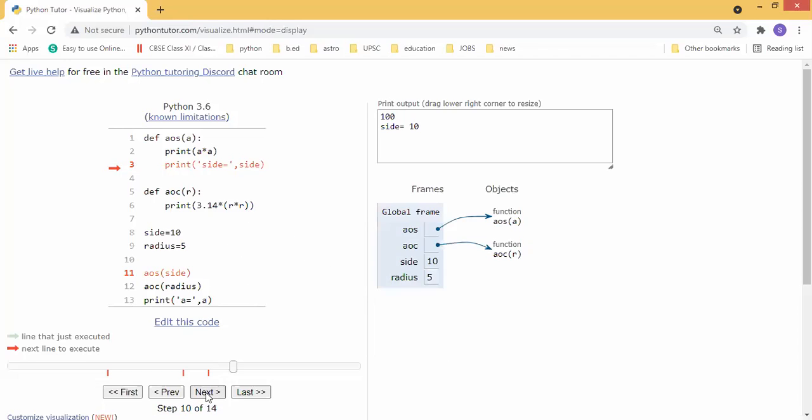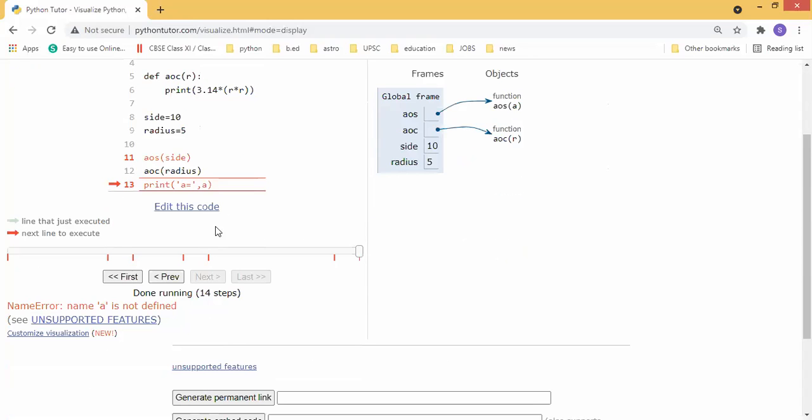Because it is a global scope, we can view it from anywhere. Next it will process area of circle and we will get the output that we know. But again the next statement, it is going for this one. Students, listen everyone, print a equal to a. We know the variable is present in the function. If you access it, what will happen? You see here it's showing the error, name a is not defined. Students understood?